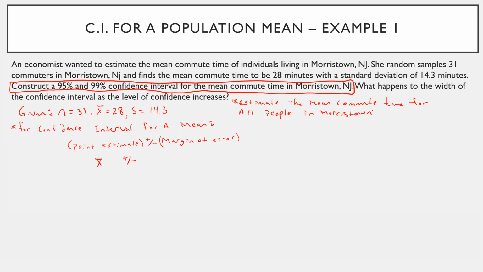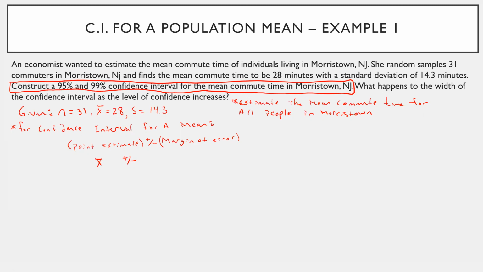Okay, do you think the mean commute time of everybody in Morristown is exactly 28 minutes? No. It's not, right? This is just a sample of 31 people. It's definitely not exactly 28 minutes. It's probably pretty close to 28 minutes, but it's probably not exactly 28 minutes, okay? So the reason we do confidence intervals is we go, okay, well, if it's not 28 minutes, then what's the